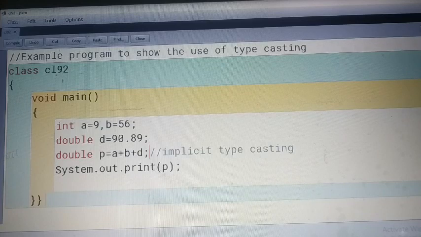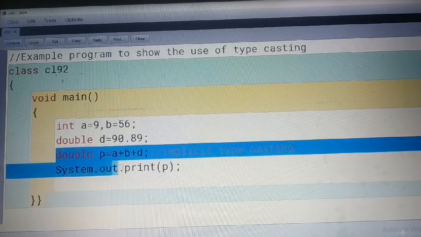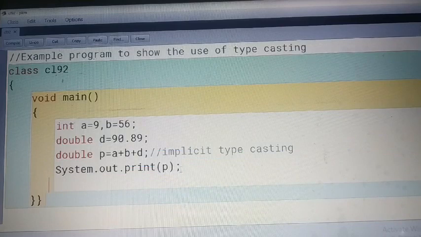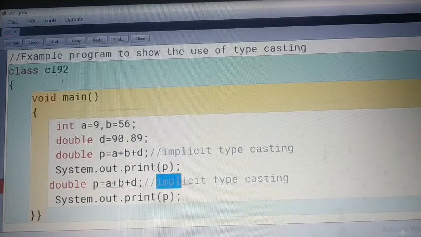Is it okay? I am writing the same statement downside, just copying it, to show you the use of explicit conversion.